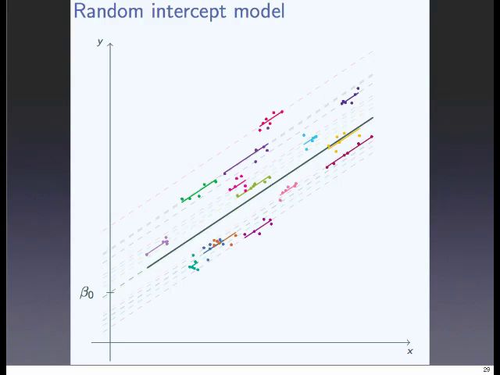So what we're saying here is the relationship between previous exam score and current exam score is the same. The actual relationship between the two is the same, but the intercept is different. So the slope of the regression is the same, but the actual place where it crosses the axis is different